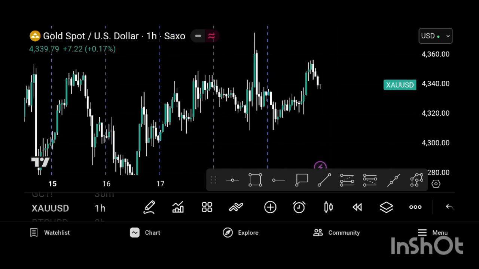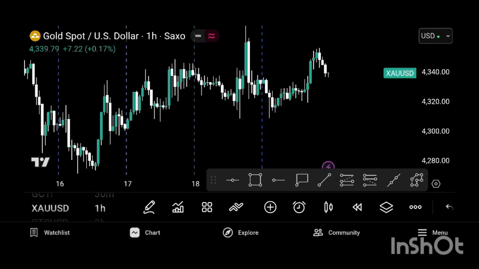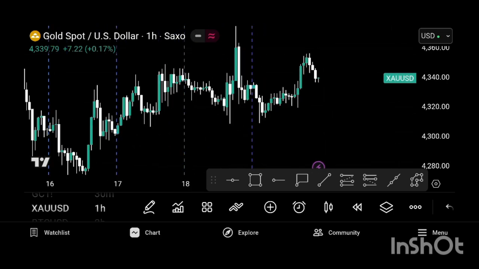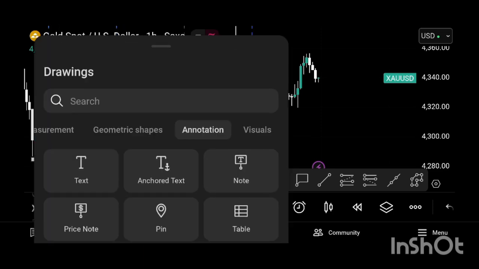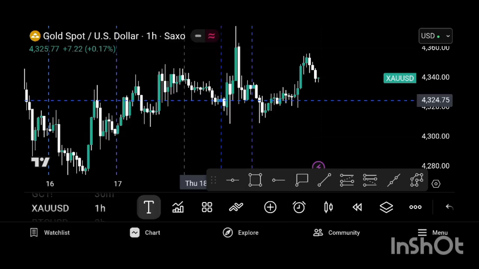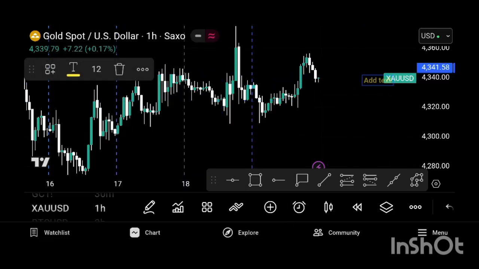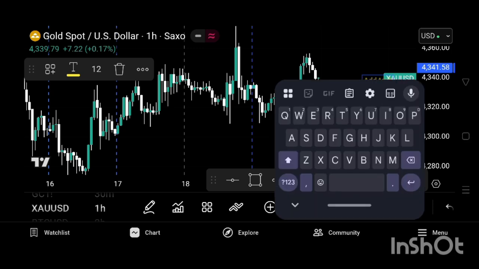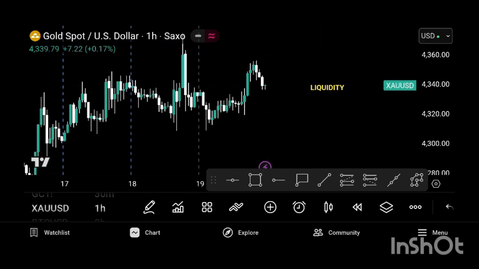Right, so today I'll be teaching a very important topic in Forex trading. If you want to be a successful trader, you must understand this particular topic that I want to teach today. All right. So today I'll be teaching on understanding liquidity in the market. Okay. So before I go further, I would like to explain what liquidity grab means in the